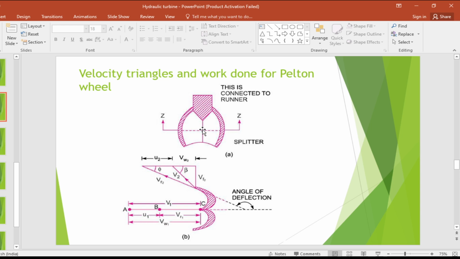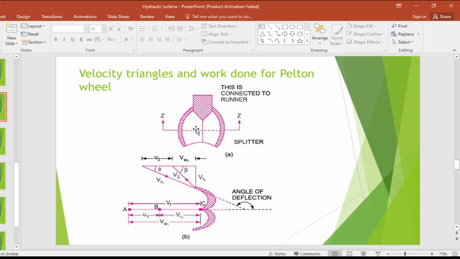Now these parts of the jet glide over the inner surfaces and come out at the outer edge of the vanes. Now figure B shows the section of the bucket